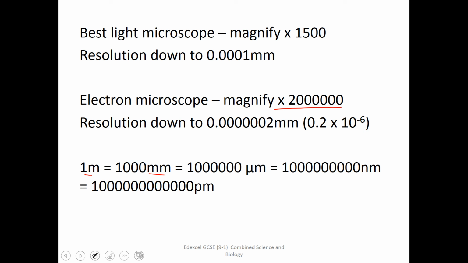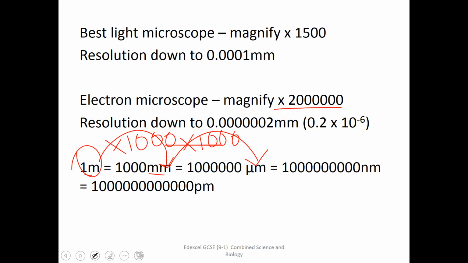So I have given you an example. I have provided us with 1 meter and then converted this 1 meter into millimeters. In order to go from meters to millimeters, I had to multiply by 1000. If I then wanted to convert from millimeters to micrometers, I would then once again multiply that value by 1000. And then micrometers to nanometers would also be multiplied by 1000,